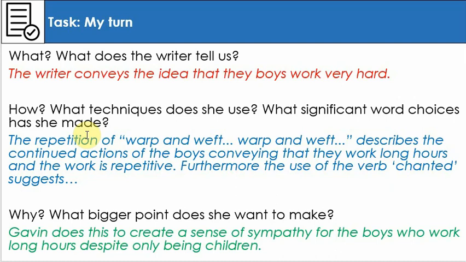Furthermore, the use of the verb chanted suggests, do you know? Can you have a think about that now? I believe that use of the word chanted in some way reflects their almost imprisonment, their exploitation, the idea that they are together as a group, collectively chanting to someone else's beat. Why? What bigger point does she want to make? Well, the writer does this to create a sense of sympathy for the boys who work long hours despite only being